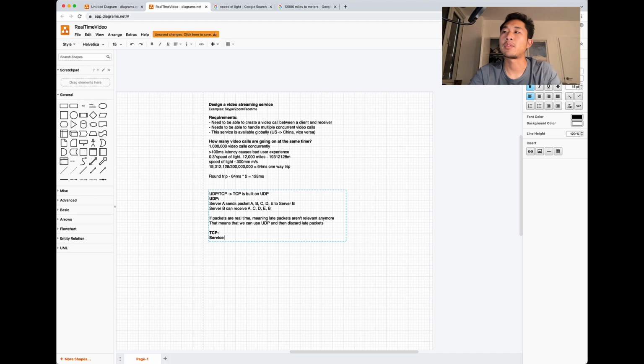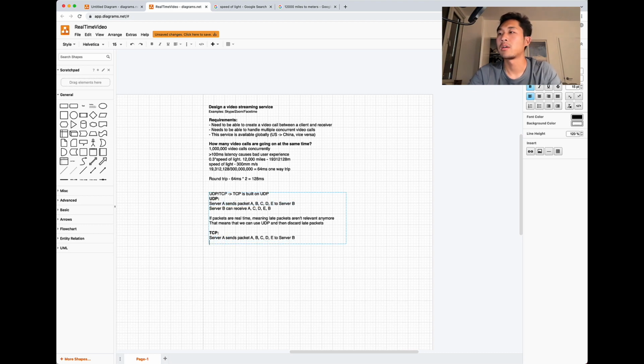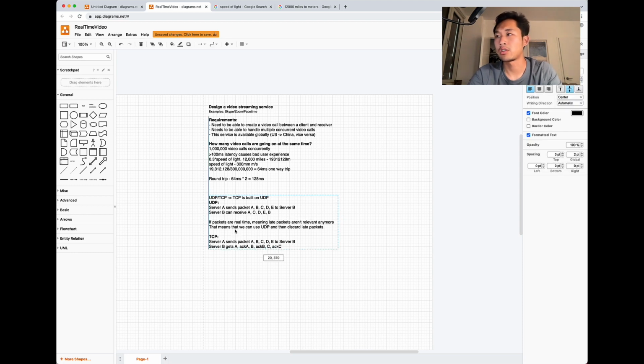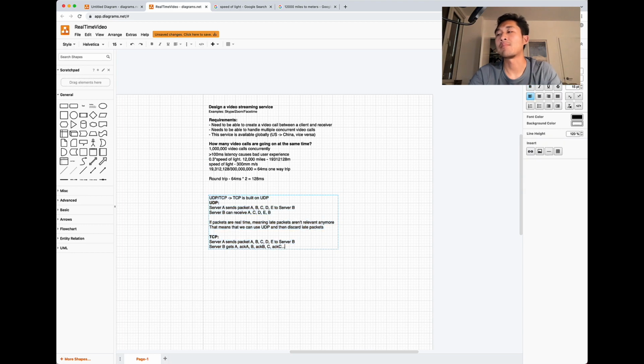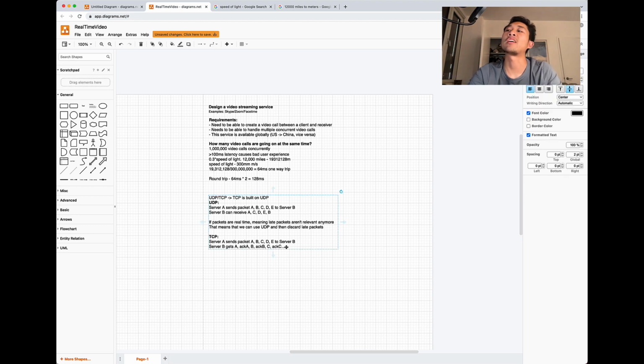So this is what happens when we send this over TCP. And I'm a little rusty, I haven't worked with networks in such a long time. So it gets A and then acks A, then gets B and then acks B, and then C and then acks C. So the ack just means acknowledge, and it sends the packet back, and the server receives an acknowledge before sending the next packet.